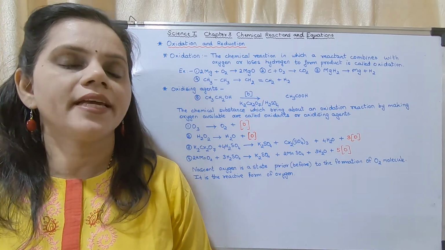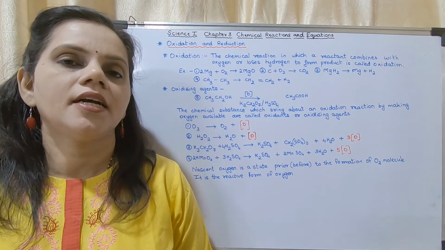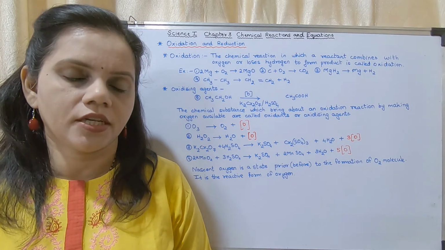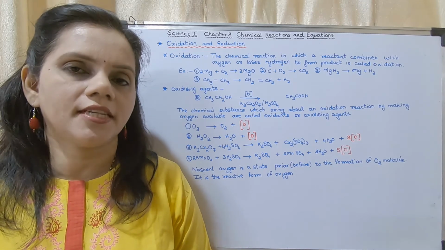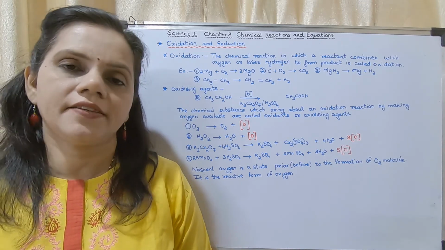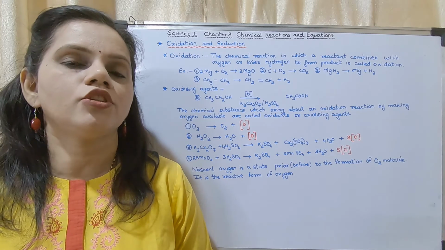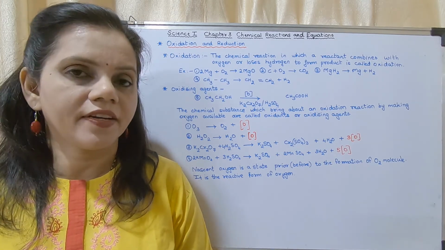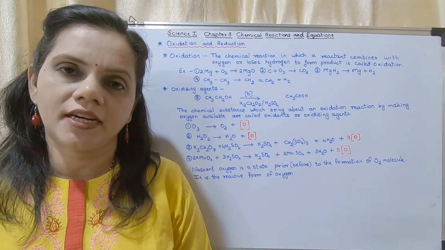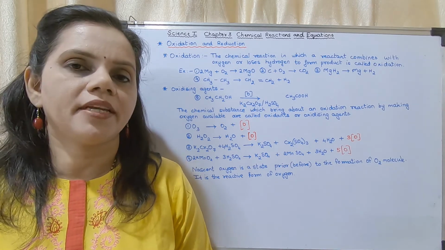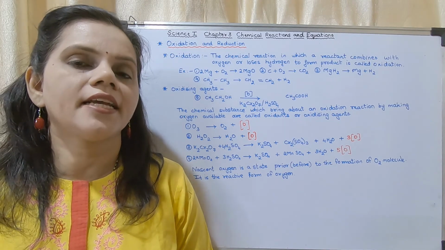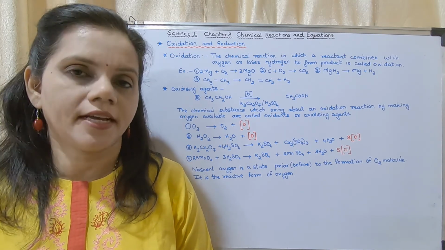Okay, now based upon some other factors, the reactions are classified into two, oxidation and reduction. We will see what oxidation and reduction reactions are today. It is a very important topic. Okay, so you may listen very carefully. It is comparatively difficult to understand, but if you understand, then it will remain lifelong. Okay, so you understand what exactly oxidation and reduction are.